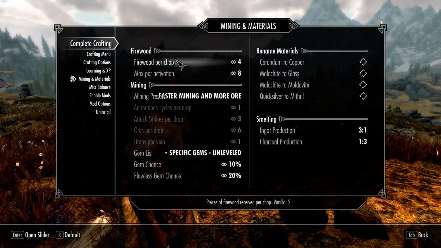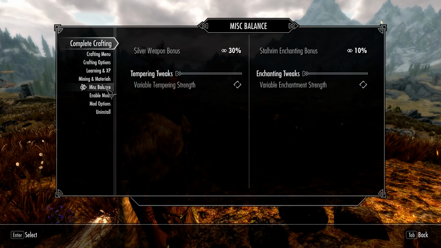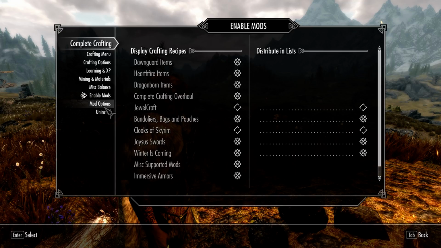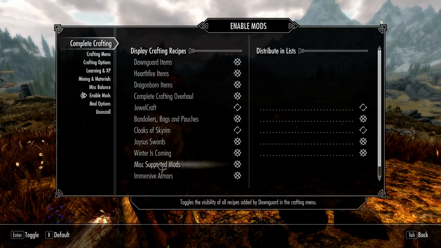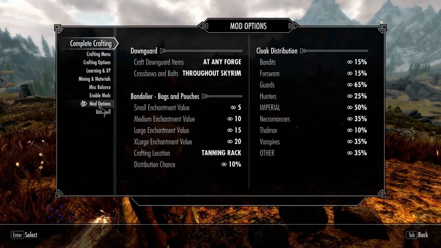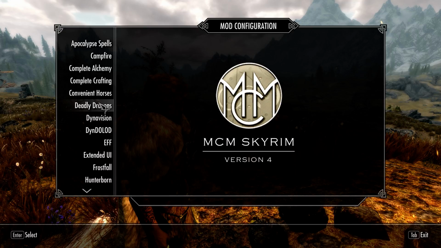Firewood, I usually turn that up a notch just so that I get 8 instead of 6. Just makes sense, a little quicker that way. Everything else I pretty much leave alone, these balances. Enabling certain mods, that's something you can get into on your own. So that's Complete Crafting. And then this mod